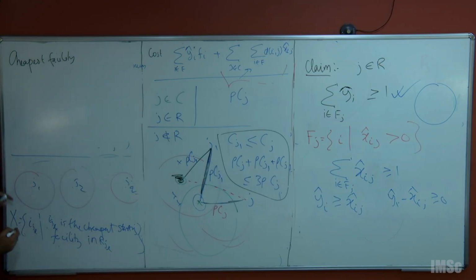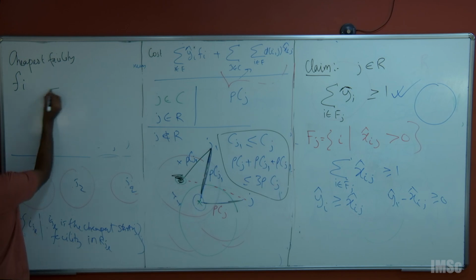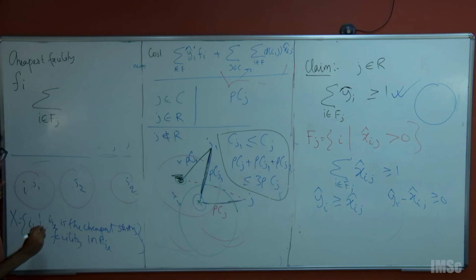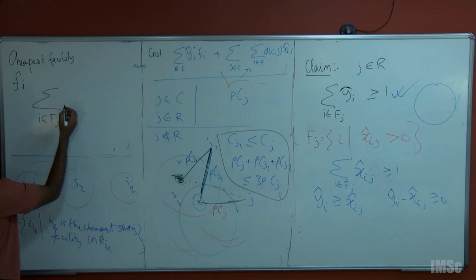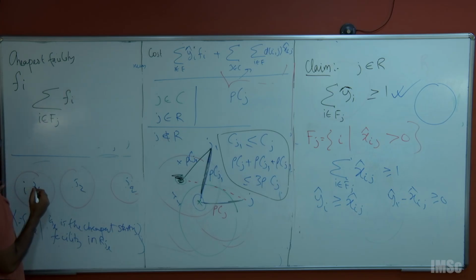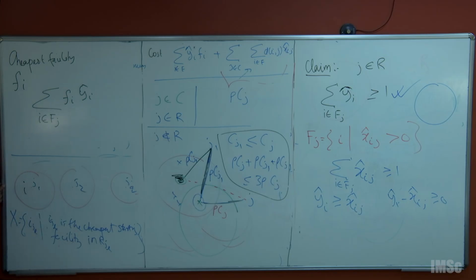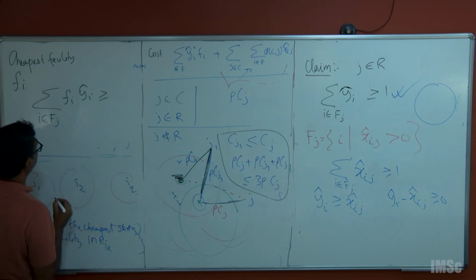Okay. So cheapest facility, say some i. What can I say about this? Okay. So if I do this, summation i in Fj, let's write down summation i in Fj, Fi yi hat. Is that correct? I want to understand this sum. I claim, what is this quantity? This quantity is at least,